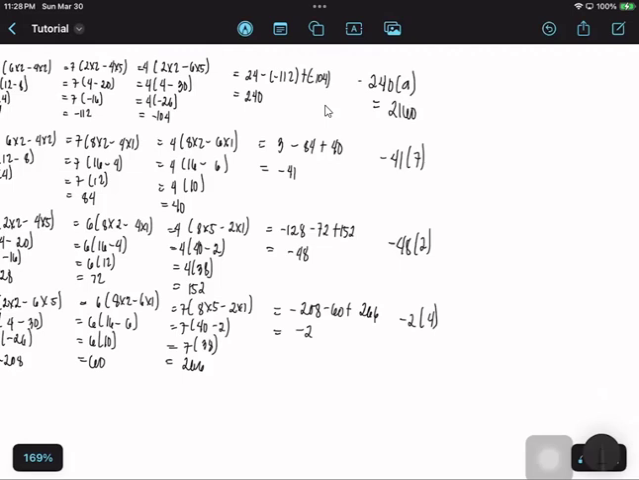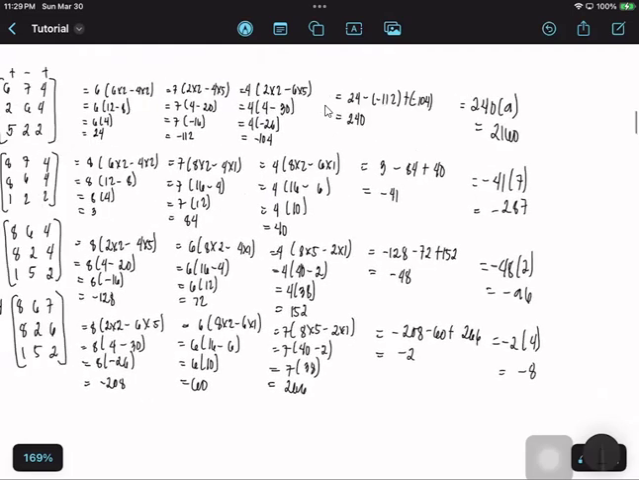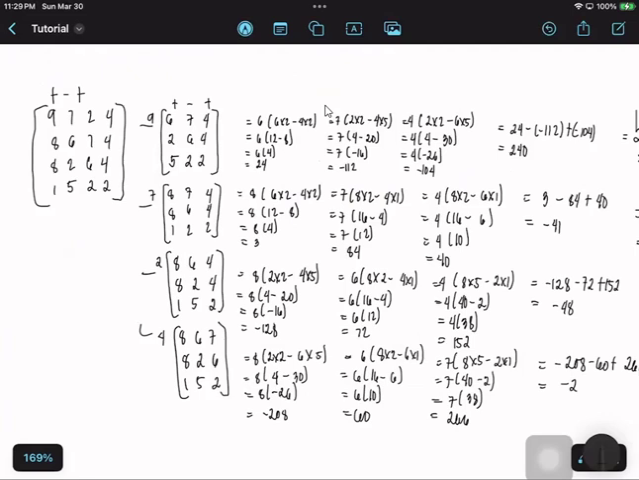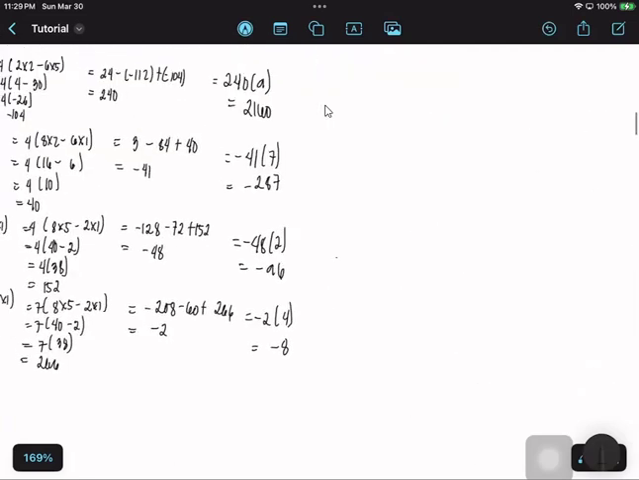Then for this one, negative 41 times 7 will become negative 287. Then negative 48 times 2 will become negative 96. Then negative 2 times 4 will become negative 8. So since this is the first row, the signs alternate, so it will become